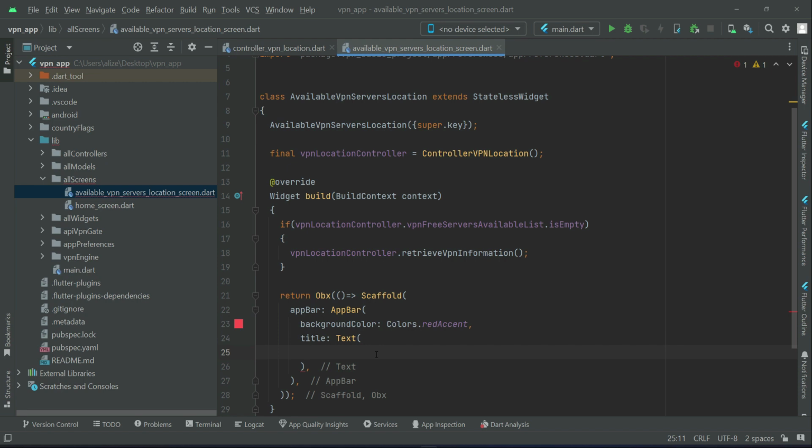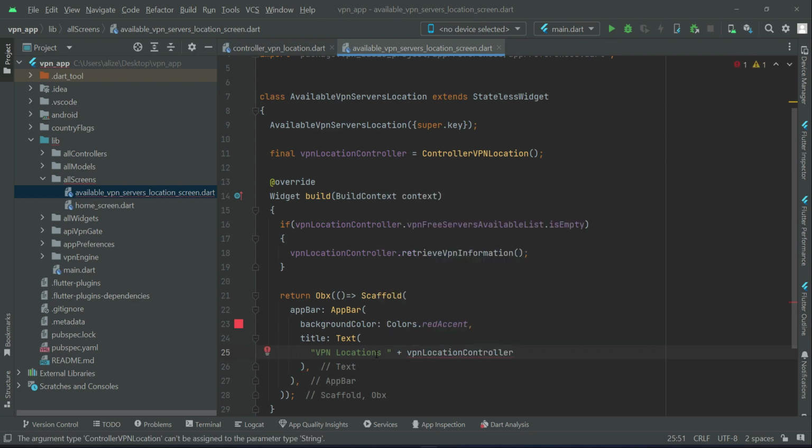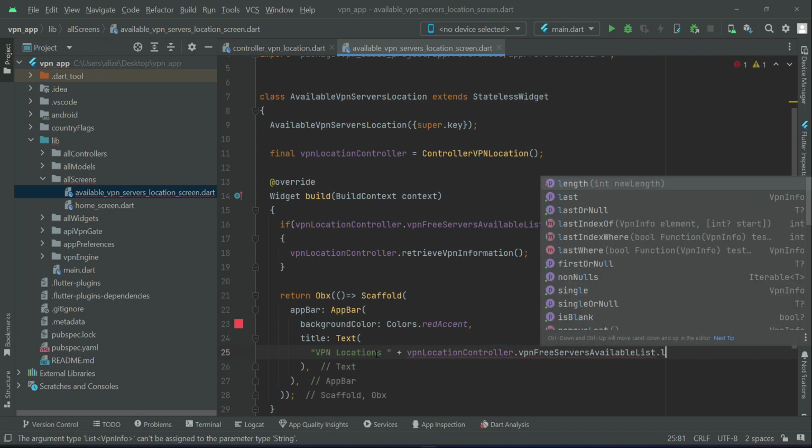So we can just say VPN locations, let's give some space, and using the concatenation sign plus, we will now display the length of our VPN list. So we can say VPN location controller dot VPN free servers available list dot length